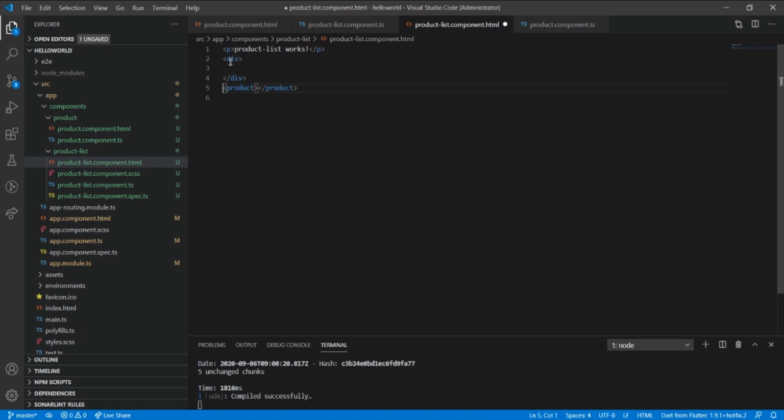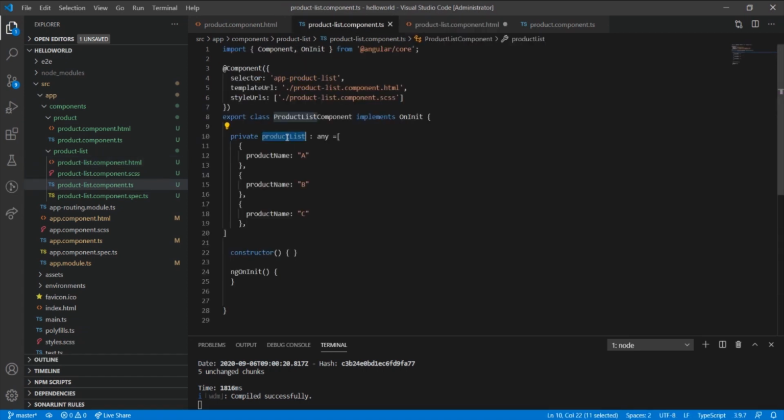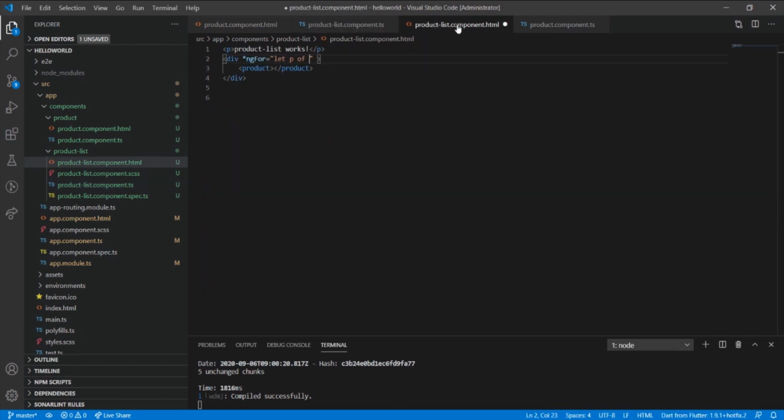I'm putting this product inside the div, and I will use ngFor of productList. Basically it's simply iterating over all the objects here.